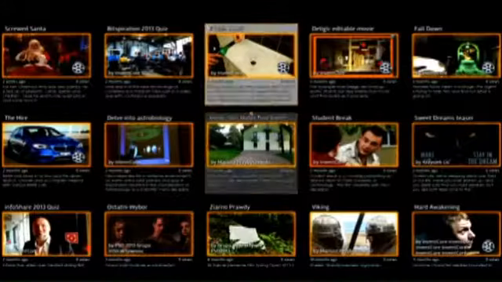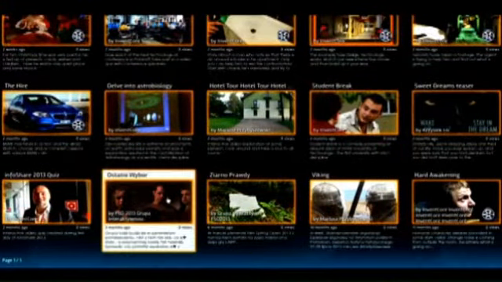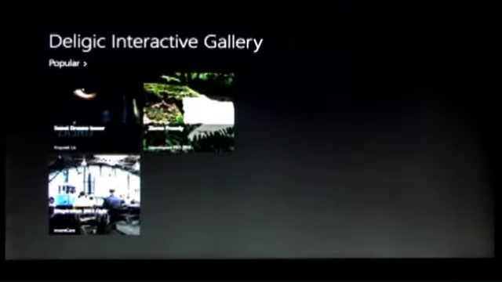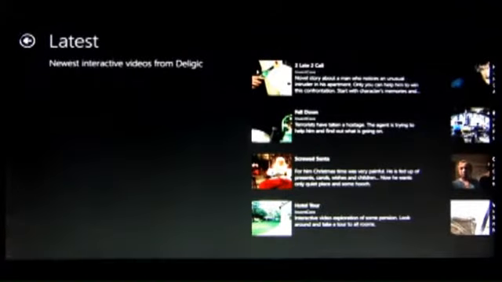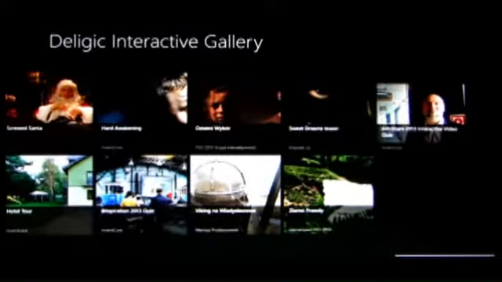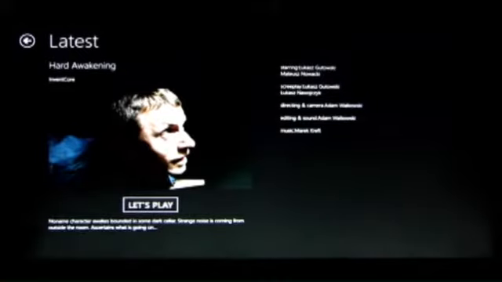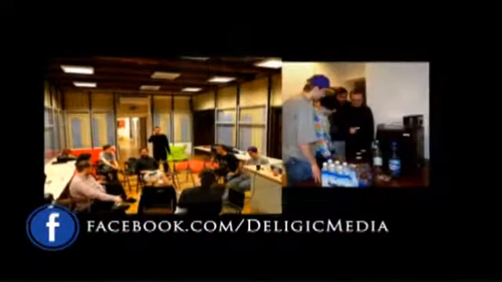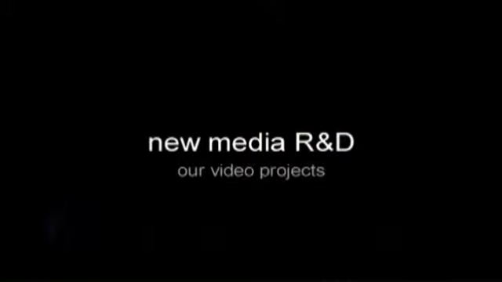The third part of the system is the interactive video gallery, where users and authors can publish their works and, in the future, sell them. This gallery is also on the web, and there is a version from the Windows 8 Store, and we are working on building a community for authors. We organize some meetings and workshops for users and authors, and